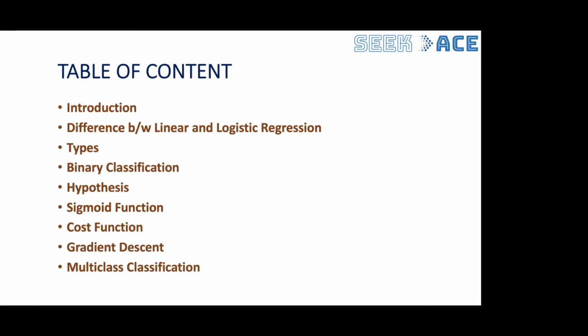What is the difference between linear and logistic regression, and how many types of logistic regression there can be, what is binary classification, how the hypothesis will look like, and what function we have to choose, which is sigmoid, and how the cost function looks like. Then, if we have a cost function, we have to optimize it, and we'll be using gradient descent again. And that's it. And then how to deal with multi-class classification. I'm going to cover